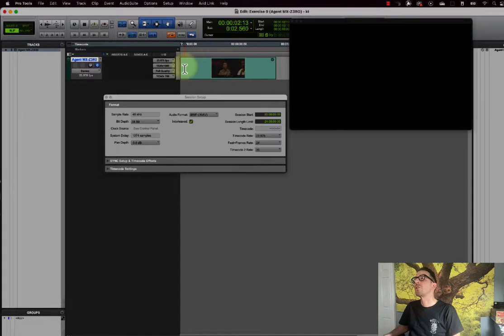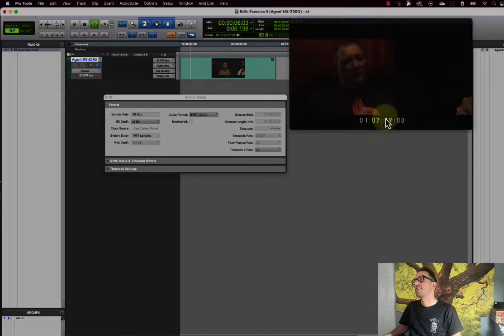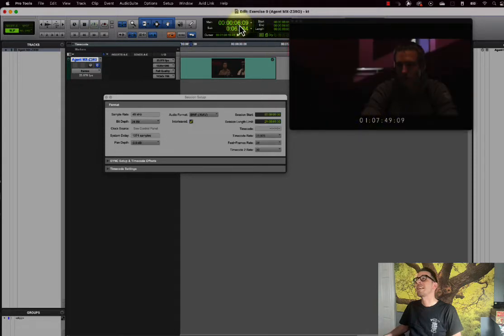we are just starting the video at 0, but as you can see, the timecode clock of the video is different than the timecode clock here. Now, what I would do in this case is change the beginning timecode of my Pro Tools session to match the timecode of this video. That way, whether I'm looking at the video or at the timecode up here, it would be the same. That's not what's going on here, but that is something that, for example, right here, session start, you